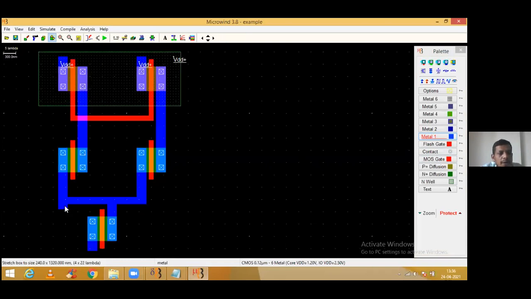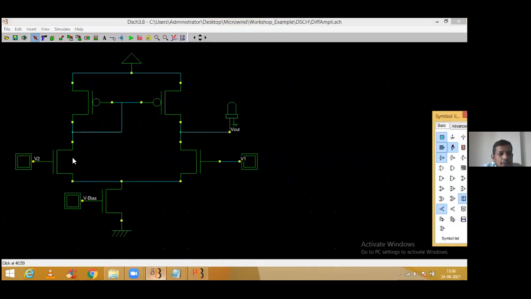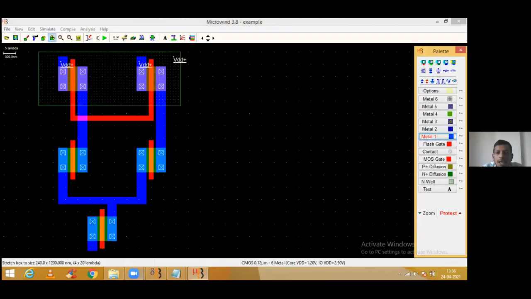I hope you all are getting this one. The same story. Drain source combination that I have done to this end. Any one source of your NMOS transistor should be connected like this, and the remaining one should be grounded, the last terminal of your NMOS transistor. I hope you all are getting it.